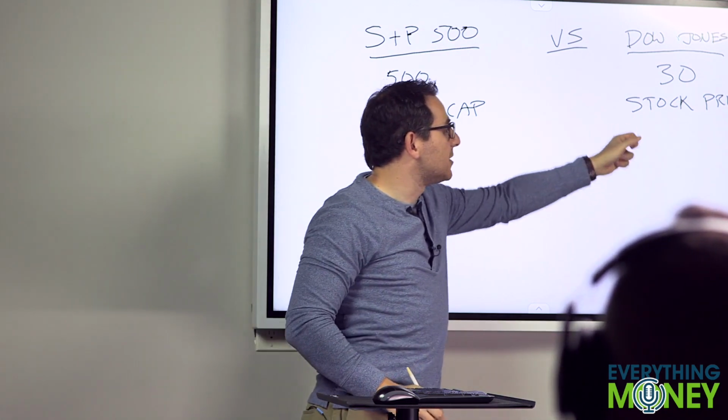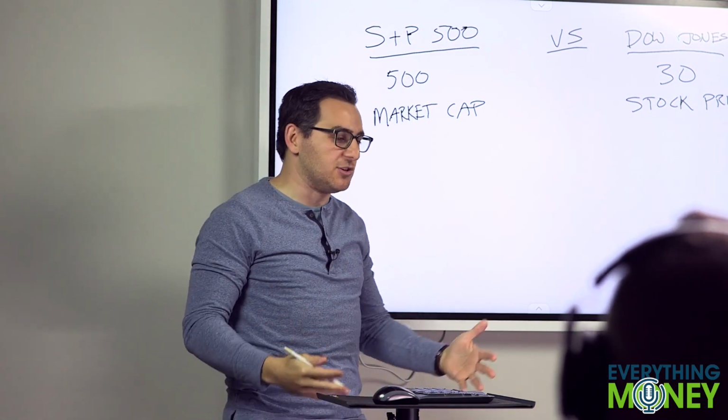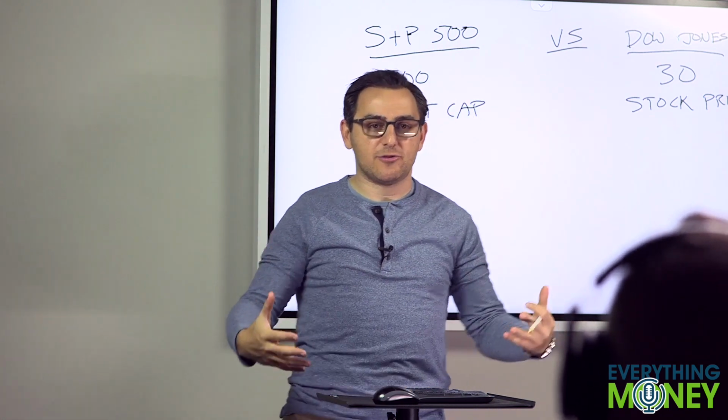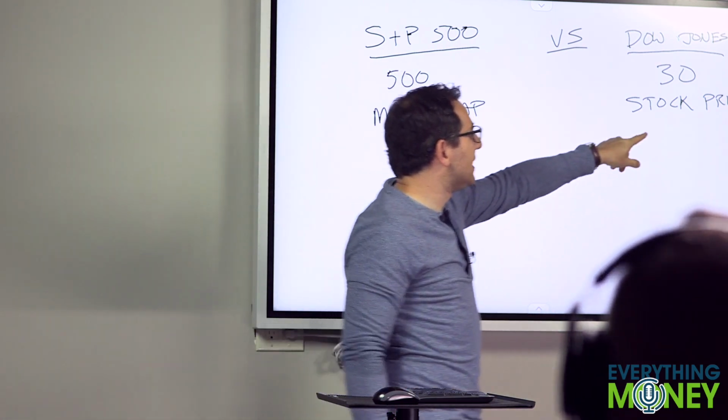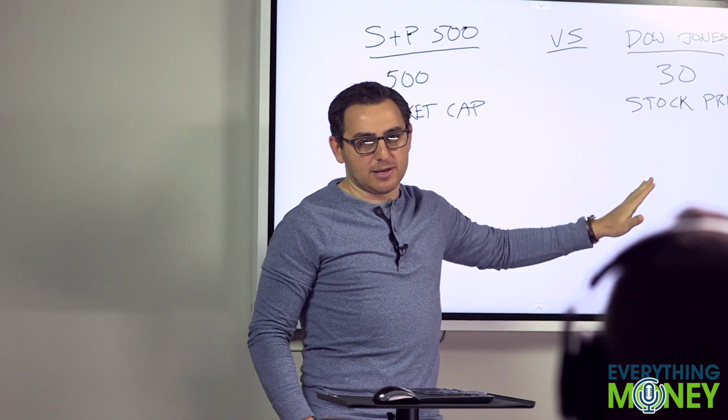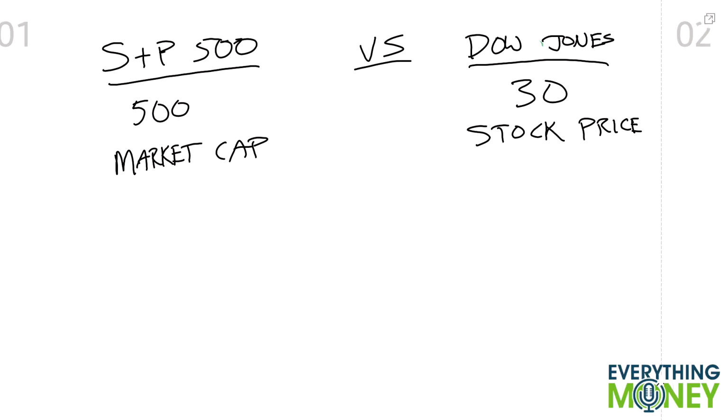Now the Dow Jones, I think is absolutely, I shouldn't say it's useless, but it's only 30 companies. It's considered the leaders in their industries. But the big difference with the Dow Jones is the index is based on the stock price. Now, what that means is,